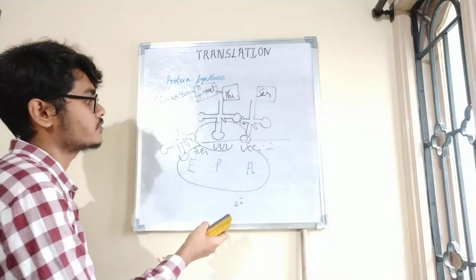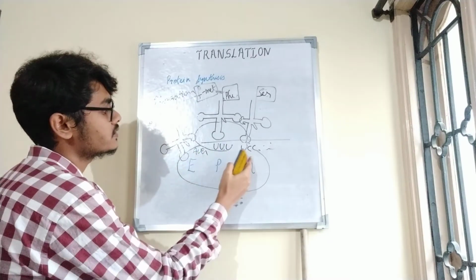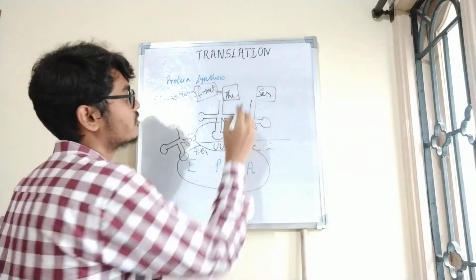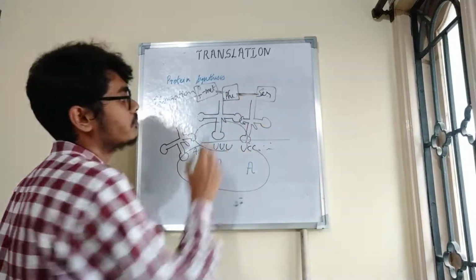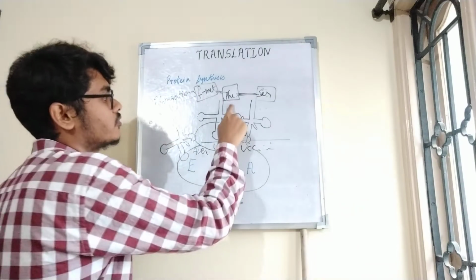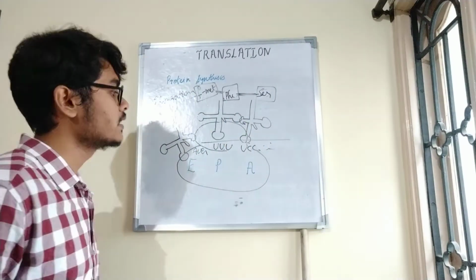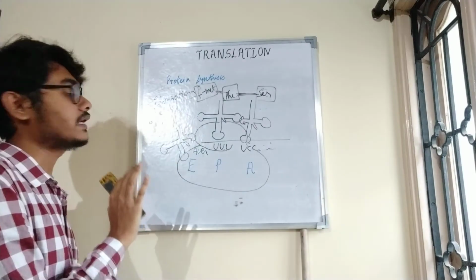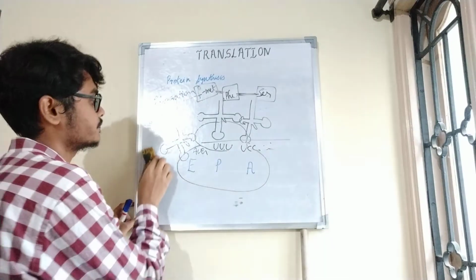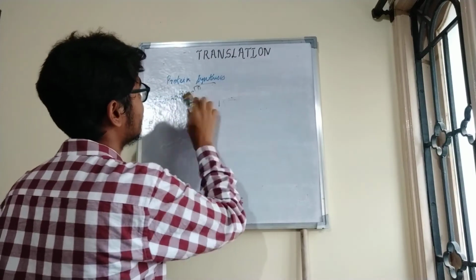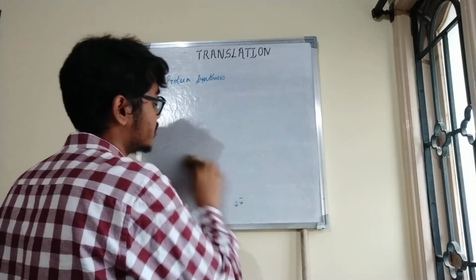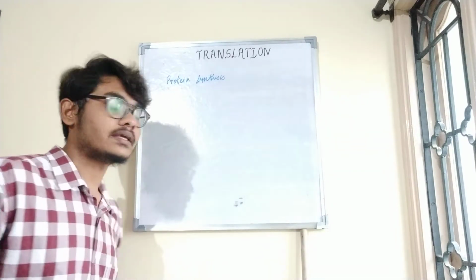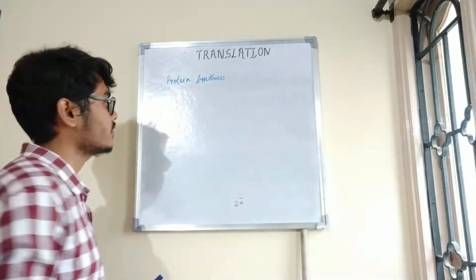This process continues. Then this comes here, then this comes here, then the tRNA is going to take leave, and then bond formation will be between these two amino acids. So generally we can write amino acid 1, 2 like that. So this is what happens in the elongation stage. This process continues till you get a stop codon, which may be UAG or UGA.